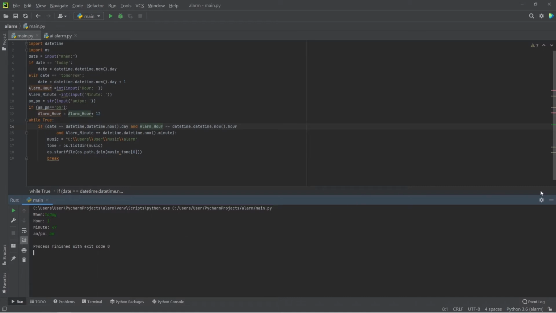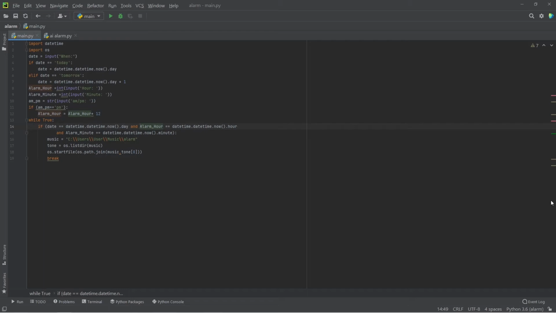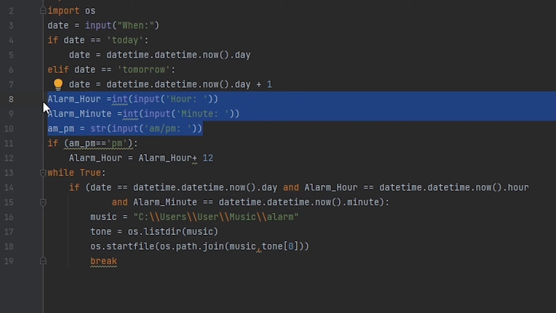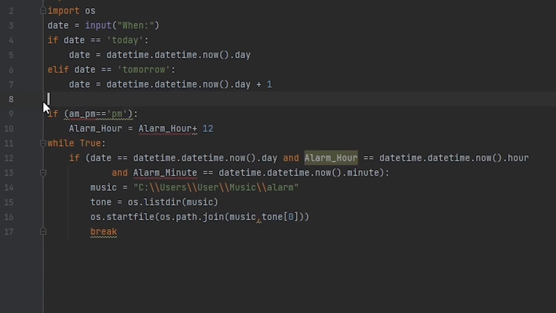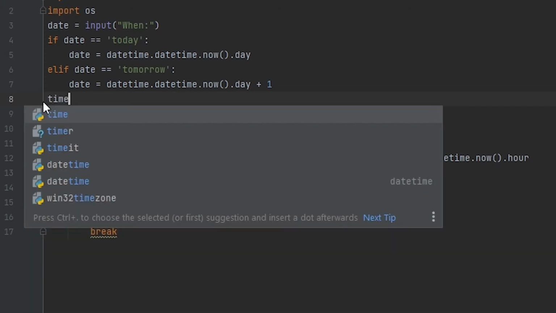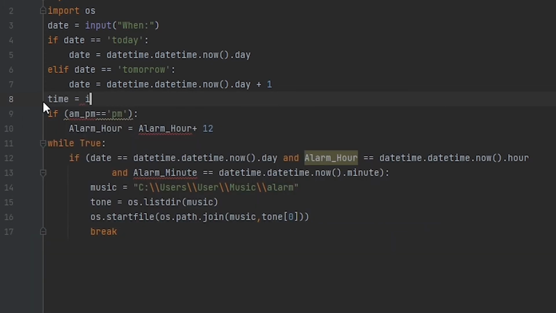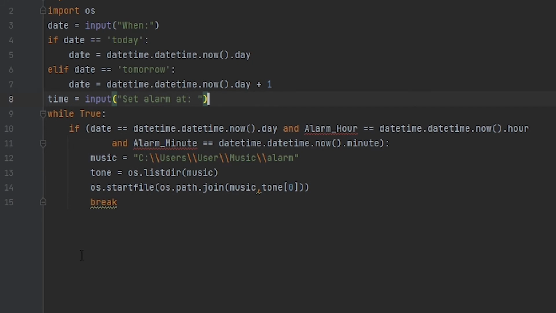Now it's kind of a pain to input every single thing of time in this program. So let's make it so we don't have to input every single thing and just input the time at once. Let's get rid of all the inputs for alarm hour, minute, and also the filter for AM and PM. Now define a variable for getting the time. Write a message, set alarm at, then erase the alarm hour and minute part from the alarm triggering condition